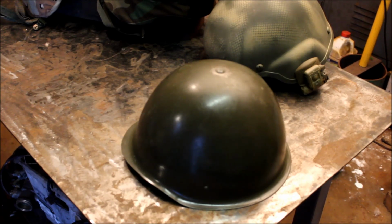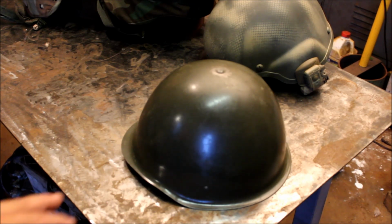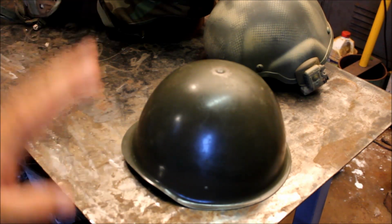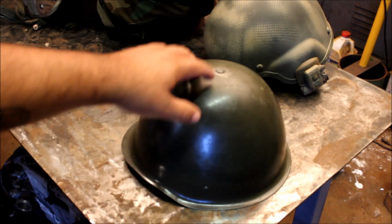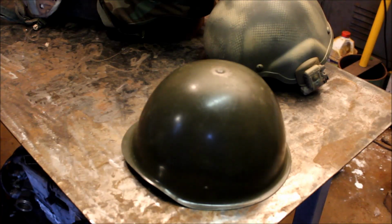Look at the wars in Africa. You can see a lot of steel helmets are still in use in war zones. They're not ideal, they're not the best thing, but it is better than nothing. Along the same line as these would be climbing helmets,